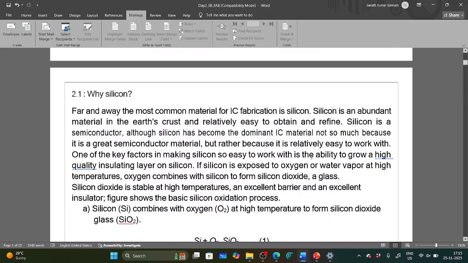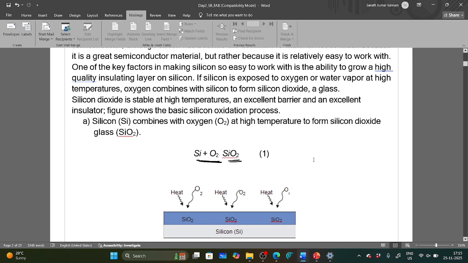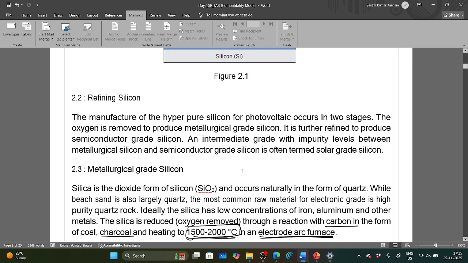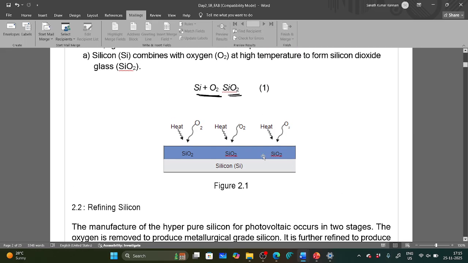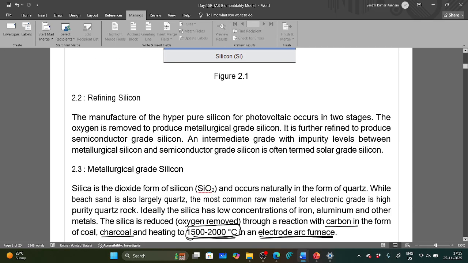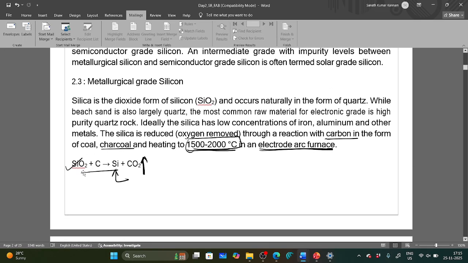Did you understand? Shall I move forward? So why silicon? Silicon is abundantly available. Silicon is available when it reacts with oxygen, as silicon dioxide. For refining silicon, we first need to remove the oxygen from the silicon, which we do in